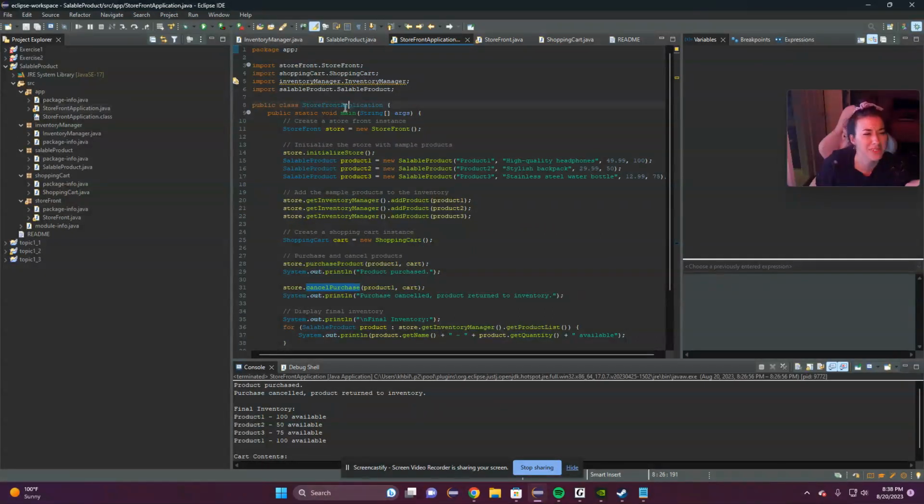No, it is. It's right there. Storefront application. I knew it. So that's where the main is stored. Okay, so